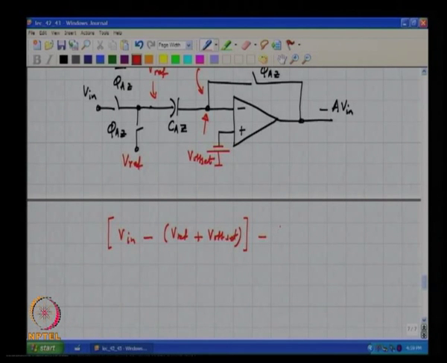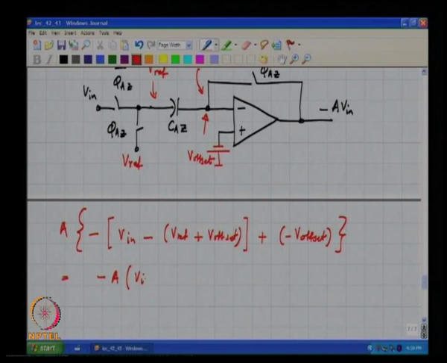The positive terminal is at minus V offset, and this is getting multiplied by A, and this will be minus A times V in minus V ref. Correct. So, the offset storage capacitor can also be used to store the reference,